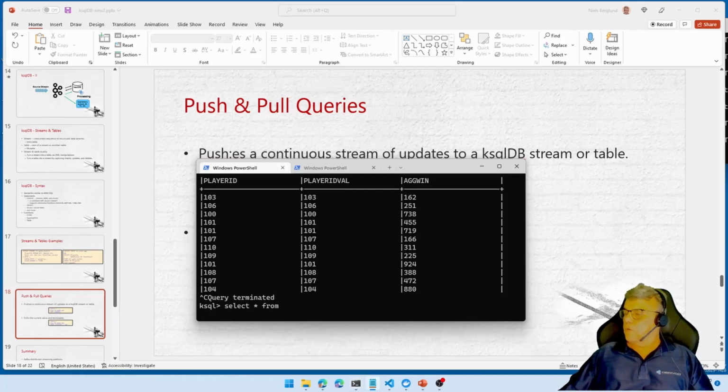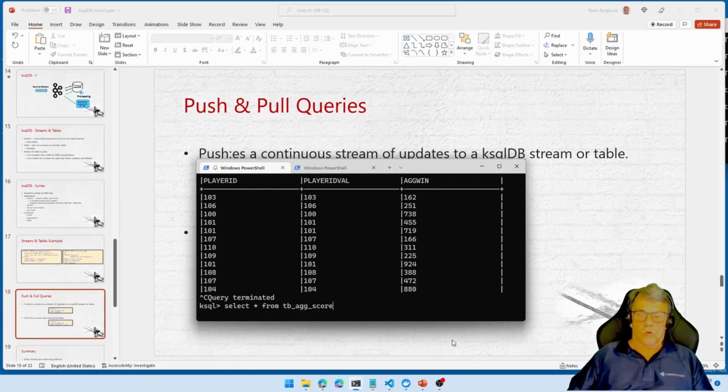TB ag score. Select star from TB ag score. We have done the changes already. So where player ID equals 104.